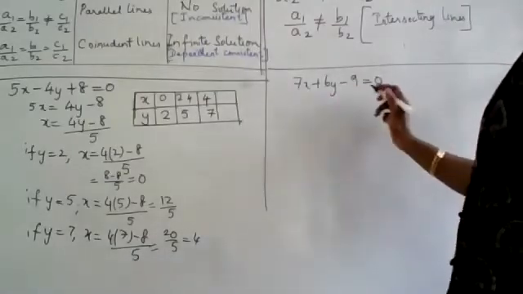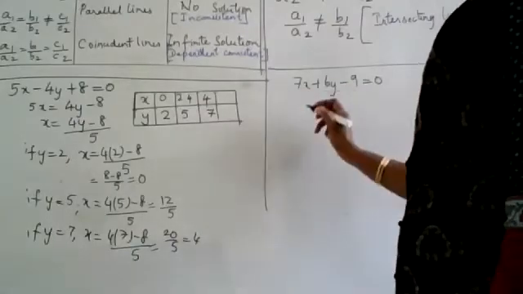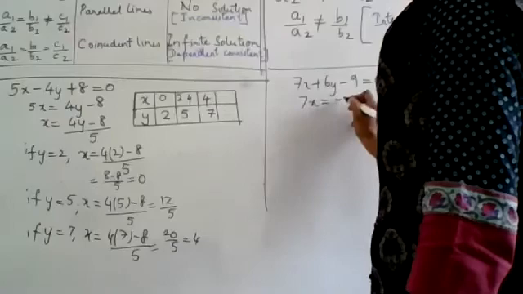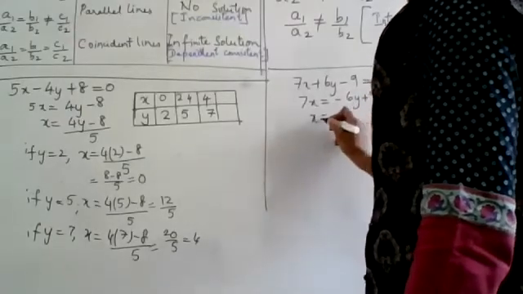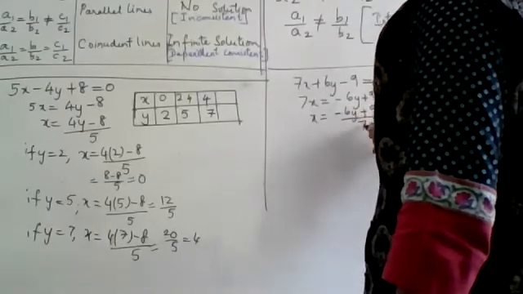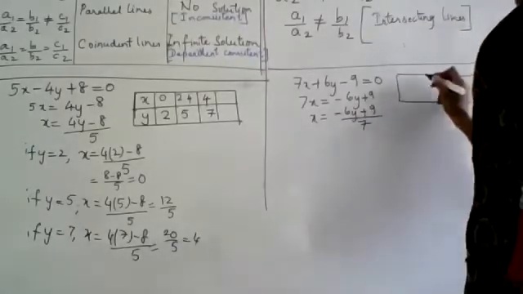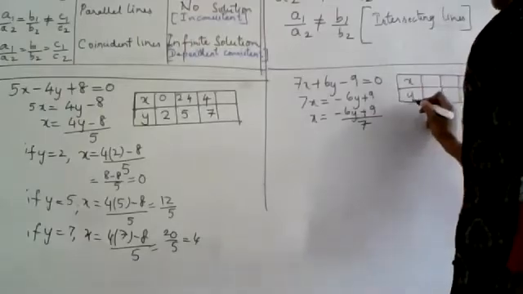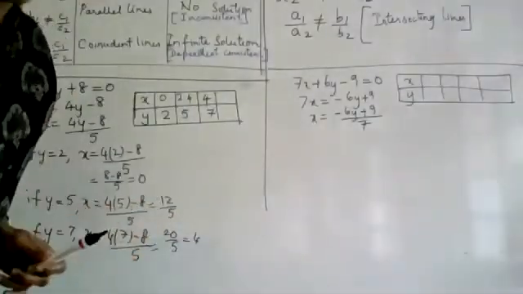Alright. Now this also I should write x in terms of y or y in terms of x. Maybe I will again try x itself. So 7x will be negative 6y plus 9. Or x will be negative 6y plus 9 whole divided by 7. I hope that is understood. So now you have to give values for y and find out the value of x. So go ahead doing it.